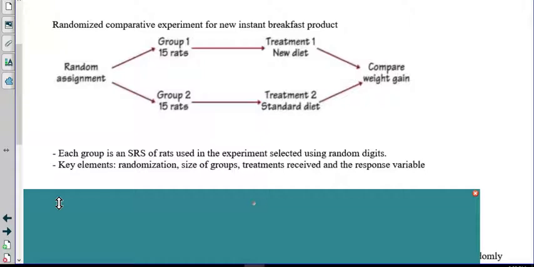The key elements: you have randomization, the size of the groups are equal, the treatments received, and the response variable. So each one of these,